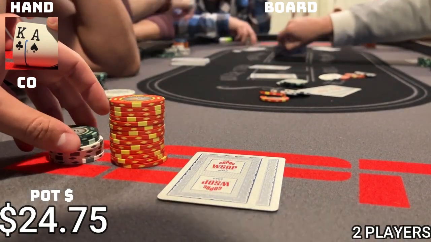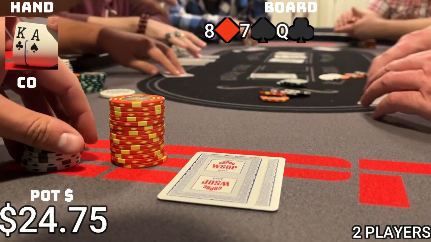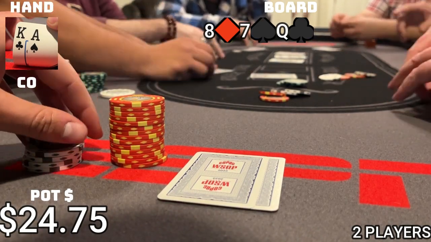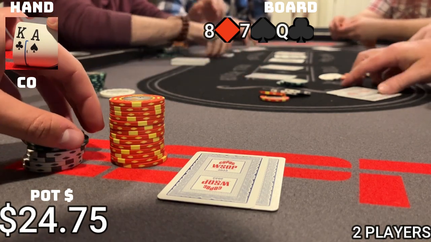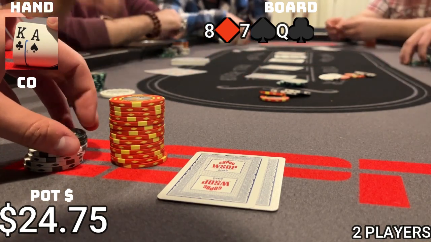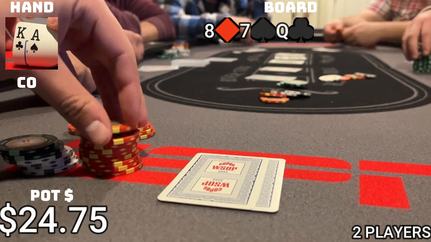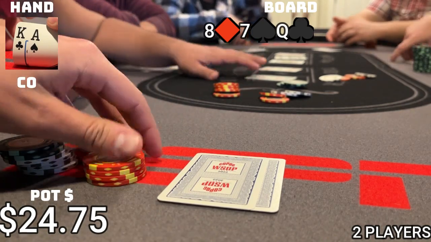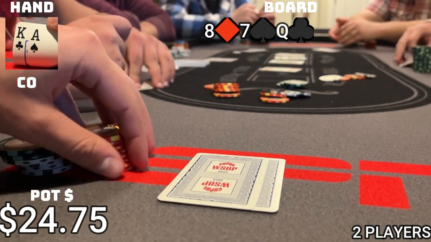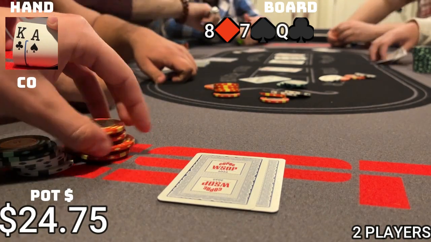Flop comes and it's a good one for us. It's the 8 of diamonds, 7 of spades, queen of clubs. Pretty good flop for ace king, especially in a 3-bet pot. Only hand that really worries us is ace queen. Low jack checks to us. We bet $30, which is just over a pot sized bet, and it almost puts the low jack all in. He snap folds and shows us ace 10 offsuit, so we pick up the $24.75 in the pot, giving us